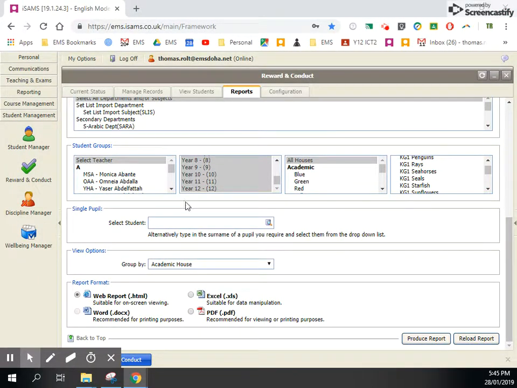If you wanted to also look at your form class, so you're a form tutor and you want to know, hey Tom, I want to know what's going on in my classes. So I would take the filter off my year groups. And over here in this box, I would flick down to, let's take, to start the top 7 one, just because it's